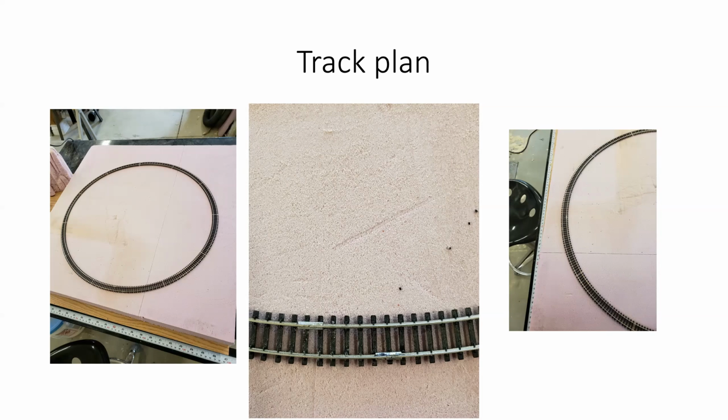On the next slide, there's the circle of track. I've given a close-up of the track, and you see there's no kinks. Nice, clean, easy to travel track. Now this, believe it or not, here's your track plan. It's simple, but for someone beginning,